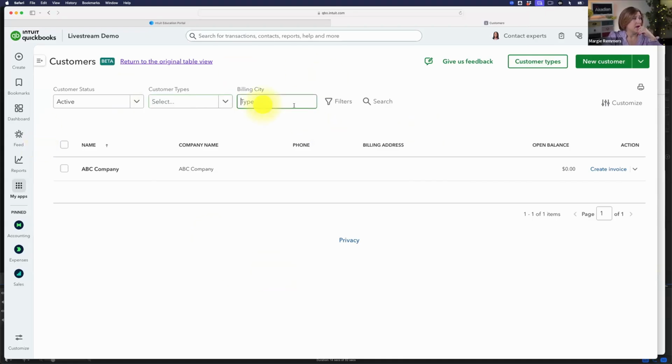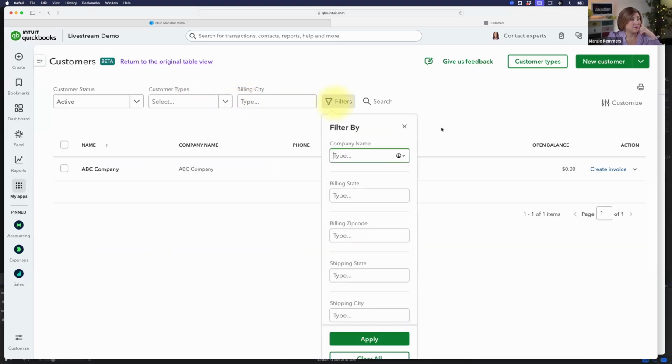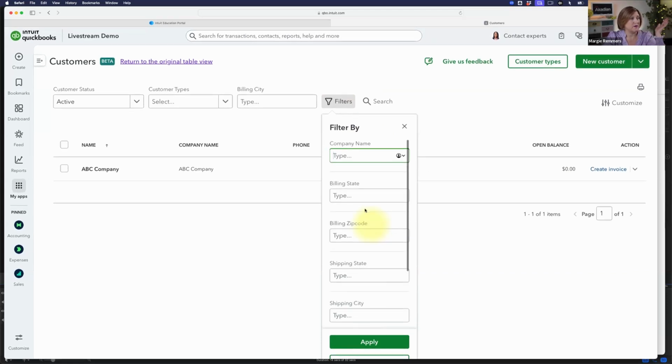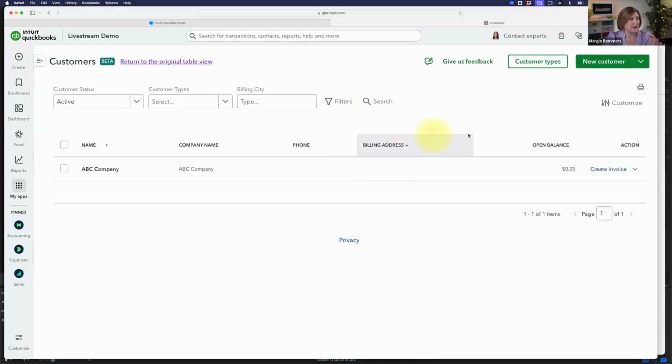So yeah. Then we have billing city, and then you have filters where you can have even more things that you could select this list by. So I don't know, do we like the old one or the new one?